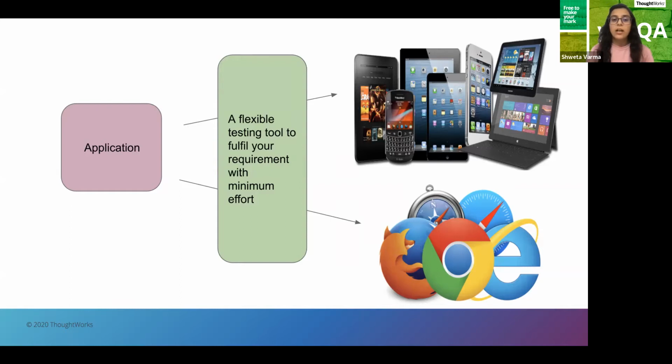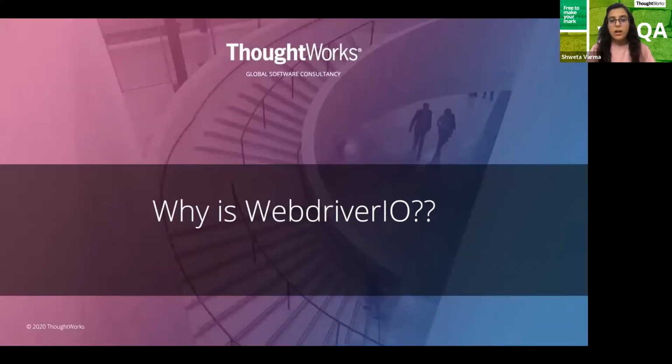Why it is very simple. And it does support page object model inbuilt. That helps us to have a very structured format of all the test suites we want to perform. So it has good maintenance, and as I mentioned, it is very simple, that gives minimum effort and minimum maintenance as well. So let's understand first, okay, it does give us various flexibility, but how is it different? What other features are we getting from WebDriver IO? Let's try to understand one by one what all we can do with WebDriver IO.